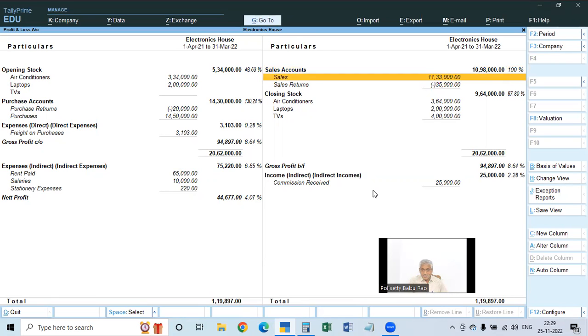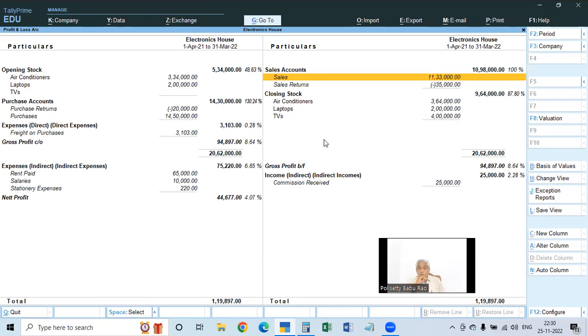That is number one. Number two: in some places you will see the profit and loss account named as income and expenses account. Since we are dealing with goods, purchasing and selling goods, we call it the profit and loss account. Sometimes some people are only service providers and are not dealing with any goods. In that case, it will display as